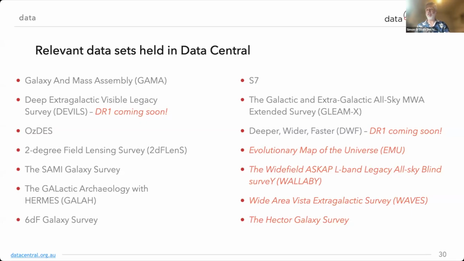Then we've also been working with the EMU team to look at some of their data needs, in collaboration and partnership with the Australian SKA Regional Centre. And that also then leads to the Wallaby survey, which is another ASKAP survey. And then finally, the last two there, the WAVES survey, and I should in fact also include the 4HS survey,